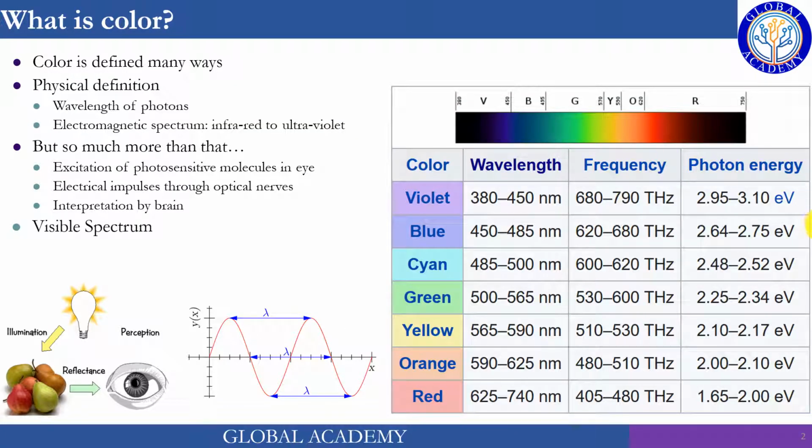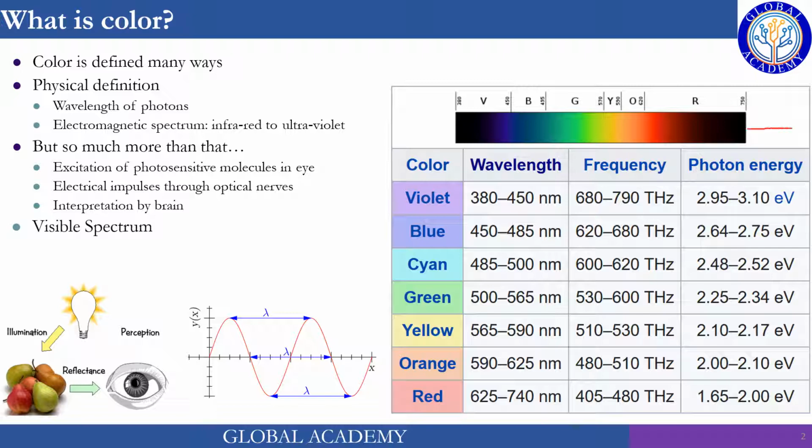So light is described by photons, and light has a wave nature, or more precisely standing waves like this one with some wavelength lambda. The human eye follows the same phenomenon of wavelength sensing. Though the interpretation by the brain is quite a complex phenomenon, the human eye can see in the visible spectrum only from 380 nanometers to 740 nanometers. Beyond 740 nanometers, there is an IR spectrum.